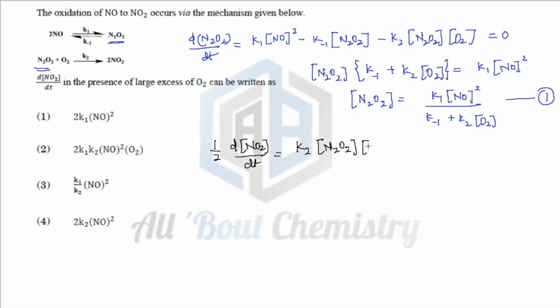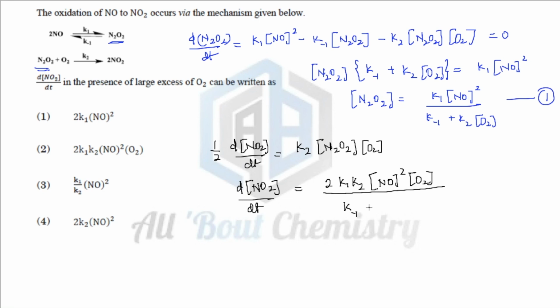[N2O2][O2], right? Now if you substitute the value of [N2O2] from equation 1, you are going to get d[NO2]/dt. I'm taking 2 to the other side as well. So 2, and from here I will be getting k1, k2 is already there, so k1 k2, and I'll be having [NO]^2 and [O2], and in the denominator I am having k-1 plus k2 [O2]. Okay, so that's what I am going to have. Now this is going to be the equation for the rate of formation of NO2. Now it is said when there is excess of O2. Okay, so for excess of O2,